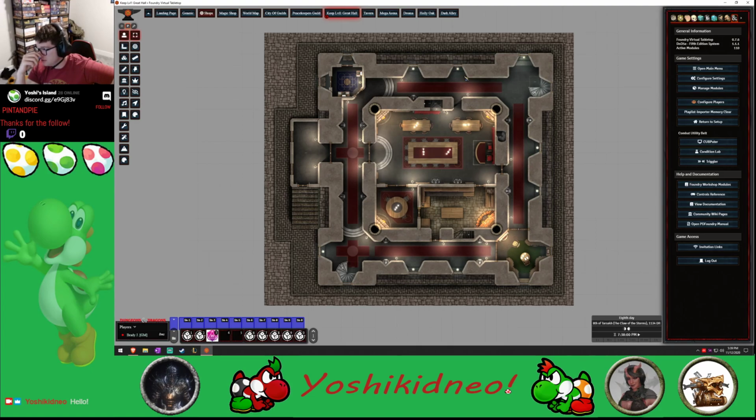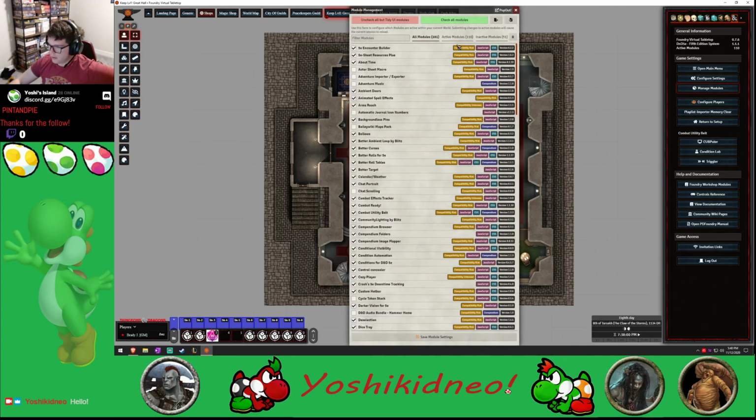So think of it in terms of Skyrim, how when you download mods and stuff, that's exactly like these. These are mods for Foundry. So it's like an open modding community. They're making stuff for all types of stuff. And I've got 110 of them active right now, but I'm pretty sure I've got 161 of them